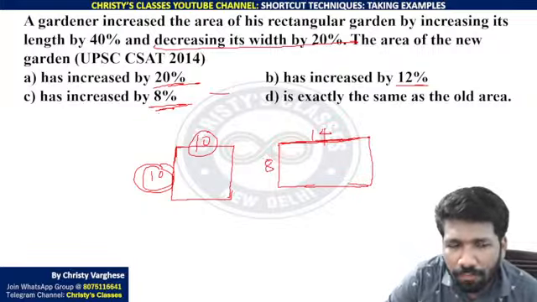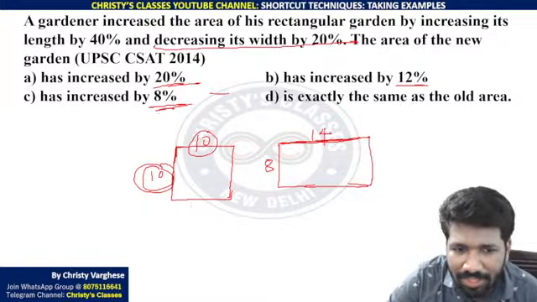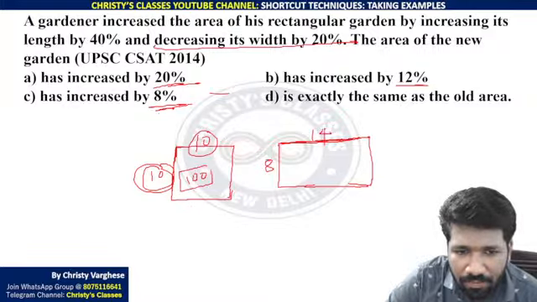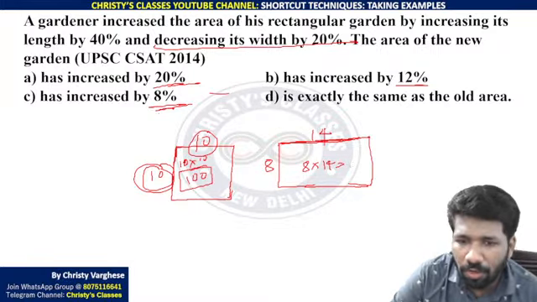Now the area of the new garden compared to the area of the old garden, that is what the question is asking. Area is length into breadth. So 10 into 10, 100 will be the area of this garden. The area of the new garden will be 8 into 14. 8 into 14 will be